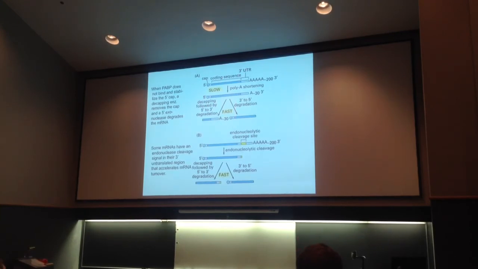There are actually some mRNAs that have an endonucleolytic cleavage sequence in their 3' untranslated region. Remember, the dark blue is what's translated. This is the 3' end of the messenger RNA, and it's untranslated. It can be 600 nucleotides, 500 nucleotides, whatever. It can be long. And a lot of them within that sequence have this endonucleolytic cleavage site. And the half-life of the RNA is determined by whether there's an